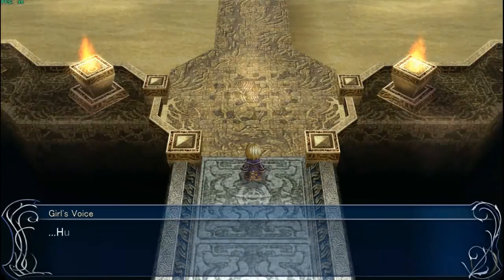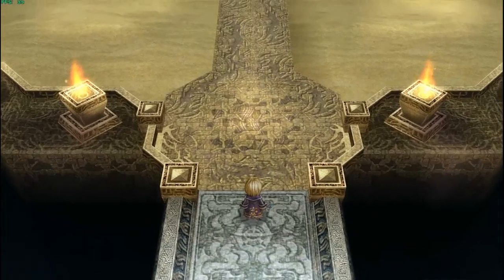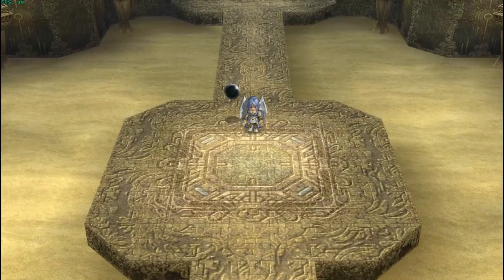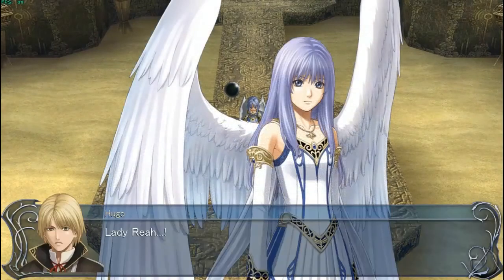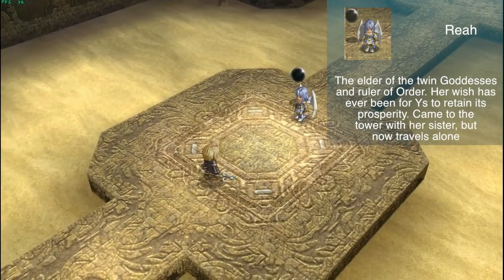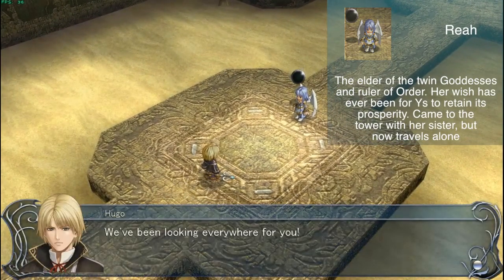And look at that, we have another cutscene. Hugo Fact, is it? Yes, we are indeed Hugo Fact. How did you know? Oh, look at that, it must be Rhea and the Black Pearl. Lady Rhea! I was right about that. Then again, I have beaten this game 4 times by now, so...